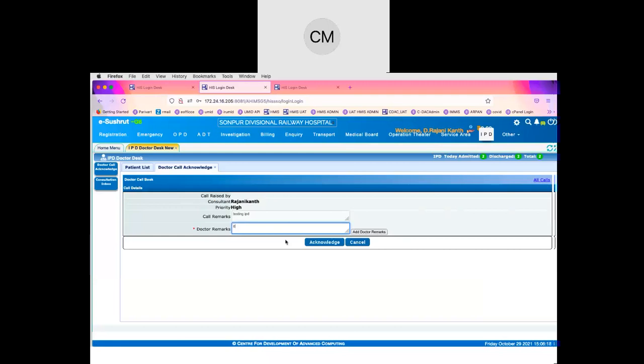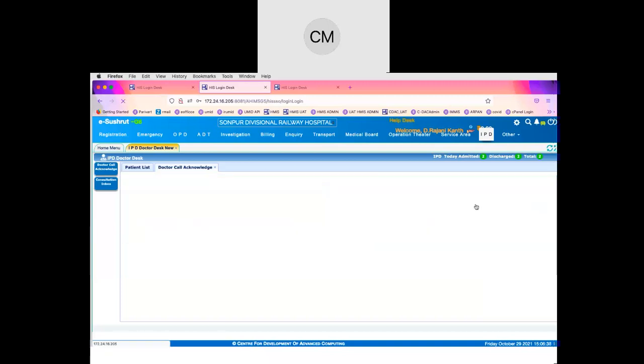He can say the doctor will come after 1 hour or at 12:30. So he can indicate the time, or he can also mention that he is not available and some other consultant can be asked to attend this case. Any reasons can be indicated here. So it is an acknowledgement.